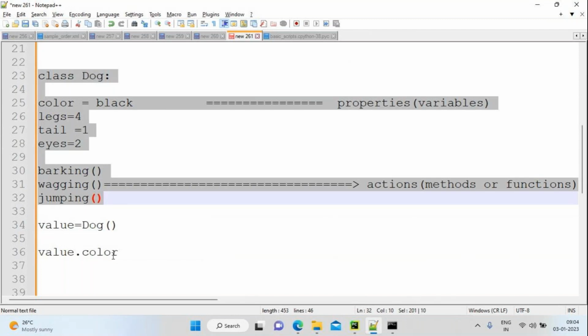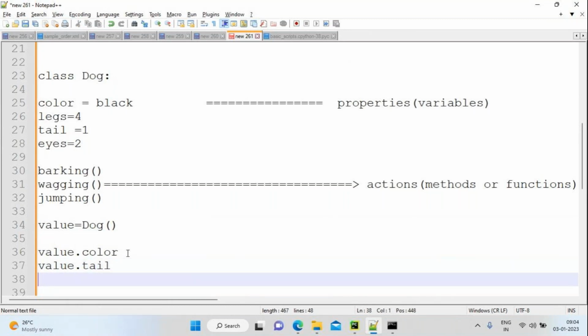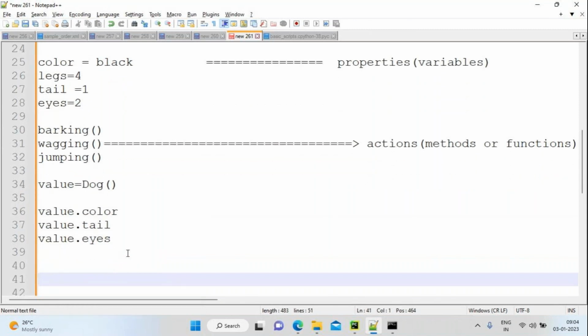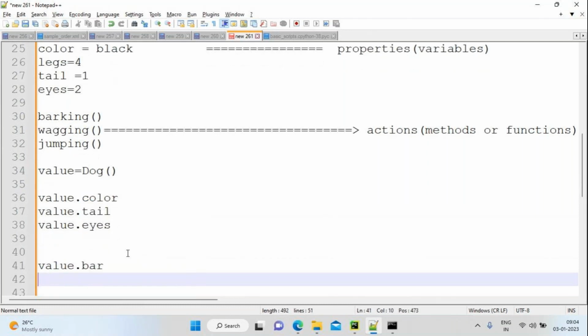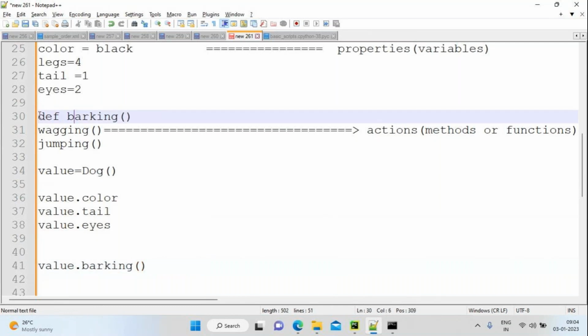Value dot color, I can get the value, and value dot tail, I get the value 1. Value dot eyes, I can get the value 2. If I want to call some functions, what can I do? Value dot barking. How will you write a method in Python? You have to use the def keyword. Like this, you have to call the methods.